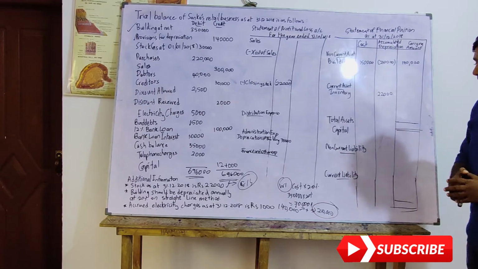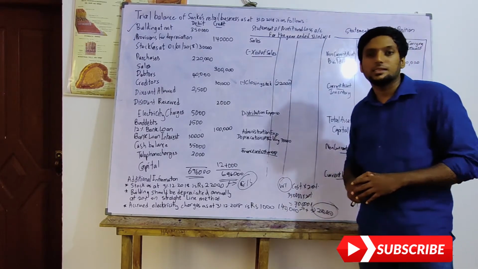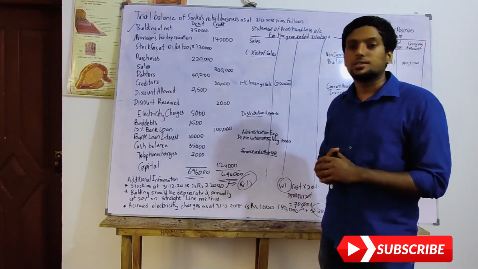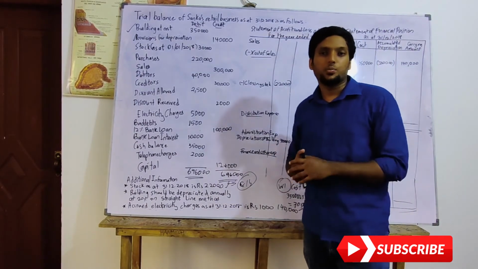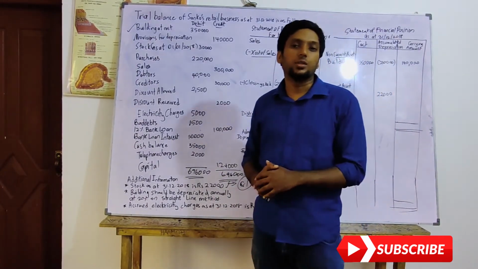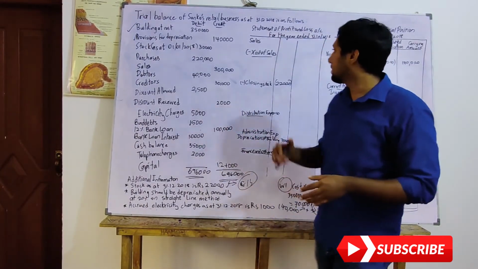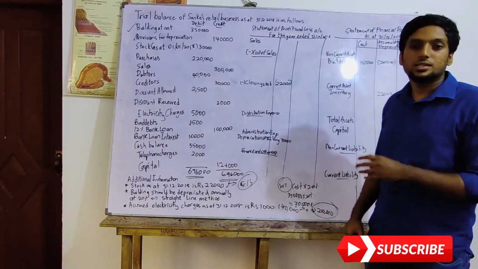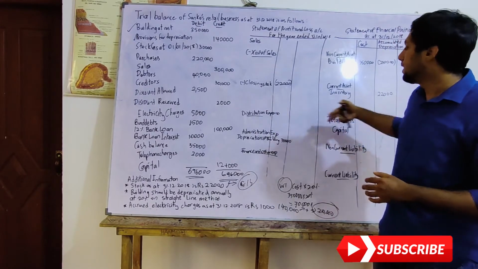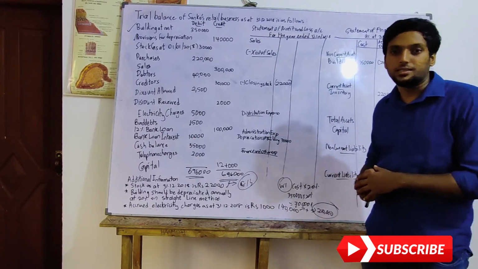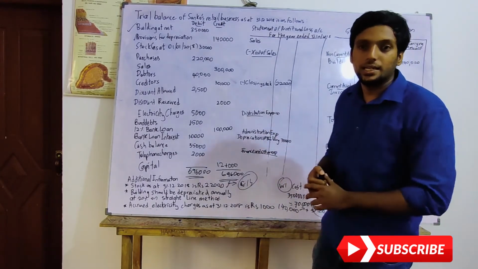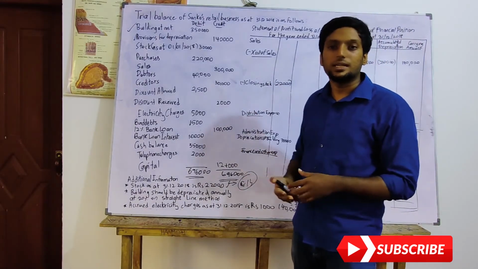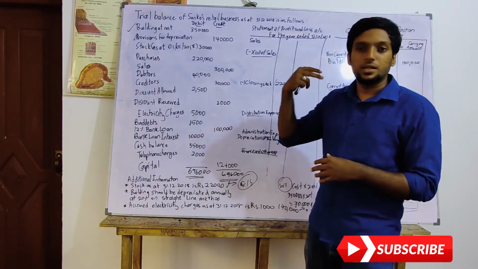The last but not least adjustment is accrued electricity charges. You need to know what accruals are when you are doing the sum. There are two things you will be tested on in the paper, either a prepayment or an accrual. Prepayment is deducted in the income statement and added under current assets. Accruals are added in the income statement and presented under current liabilities. You need to know why accruals are added: because you are making the payment a bit later, so this payment should be paid in future.